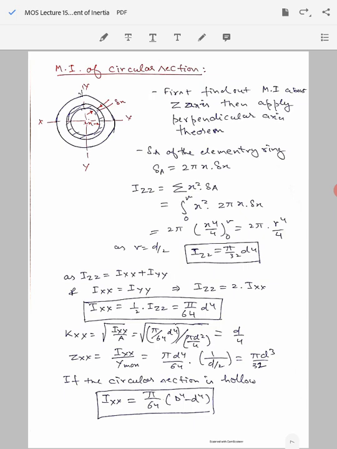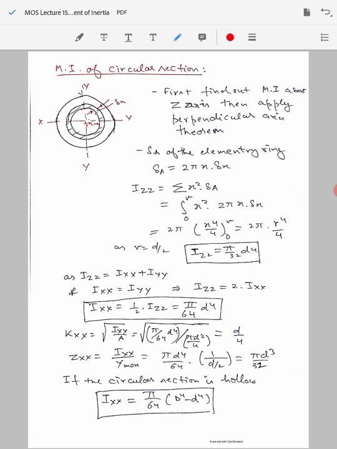Now let's lastly take the case of a circular section, as shown here. We are going to apply the perpendicular axis theorem in order to determine the moment of inertia of the circular section about the x-x axis or y-y axis. It is easier in this figure to compute the moment of inertia about the z axis, which is perpendicular to both x and y axis and coming out of the plane of the board that you are seeing. So first find the moment of inertia about the z axis, then apply the perpendicular axis theorem.